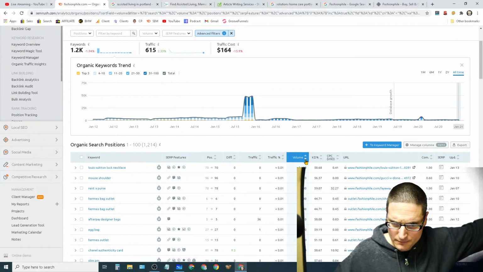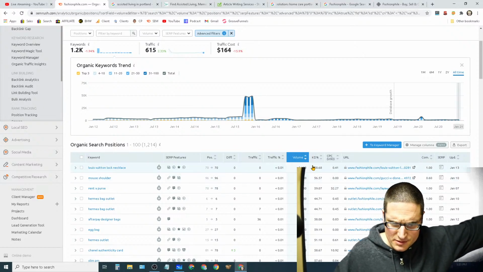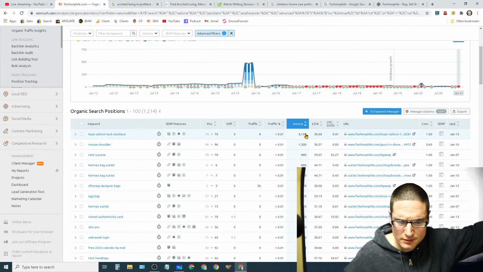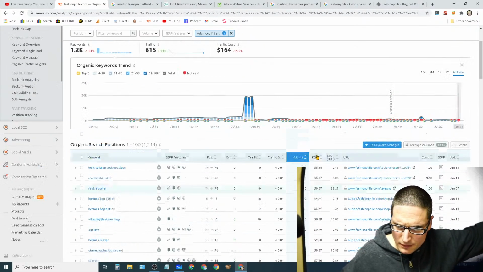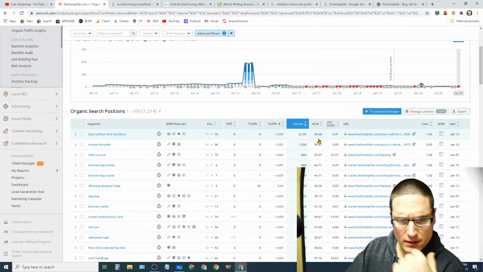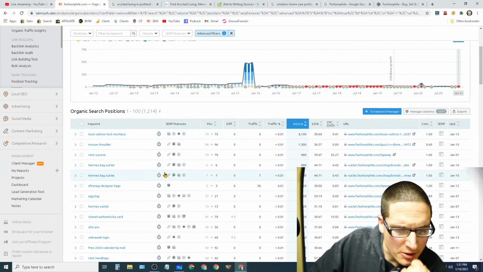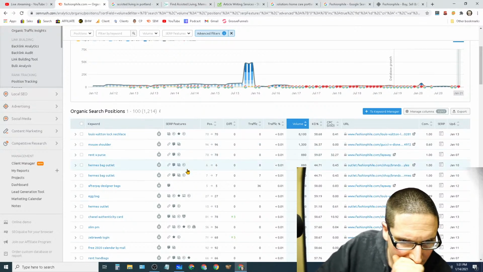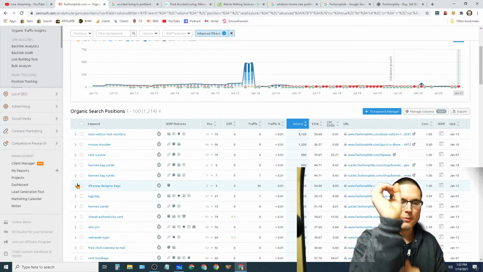So this is interesting. The majority of their traffic is not coming from these keywords. So it looks as though they're bringing in secondary terms, and I can guarantee you, with these smaller terms,